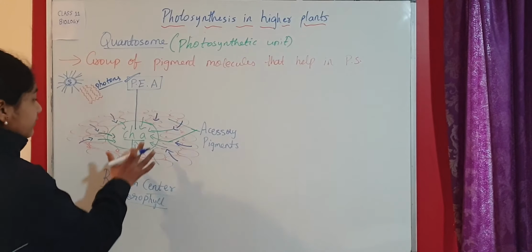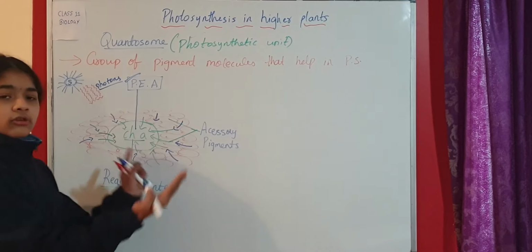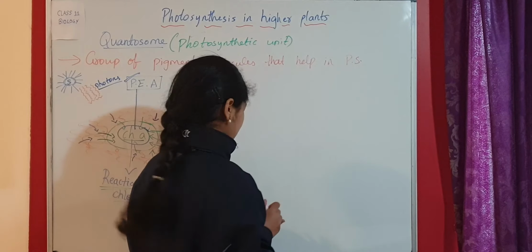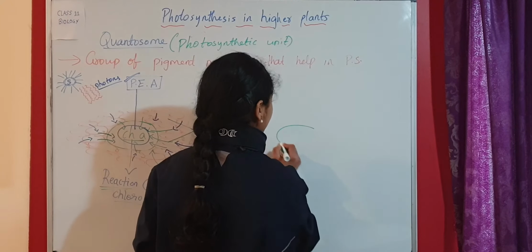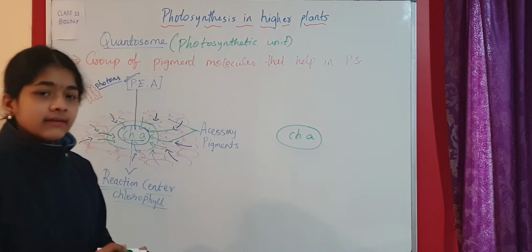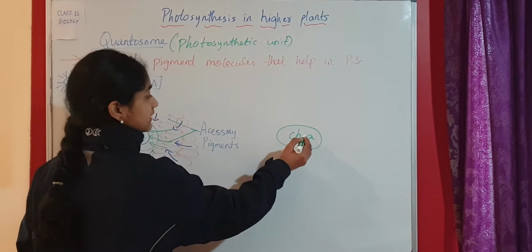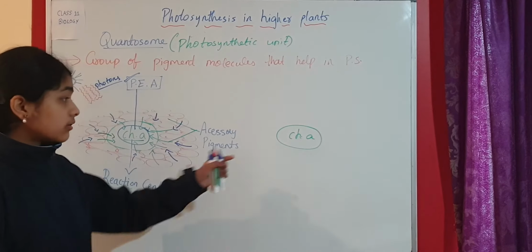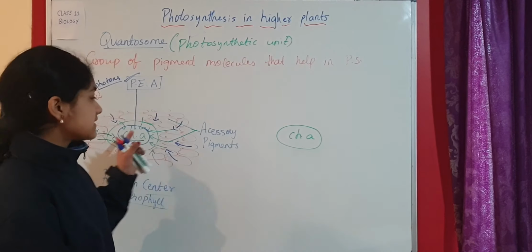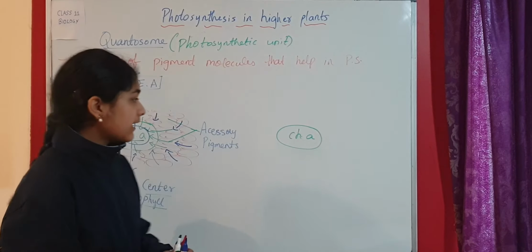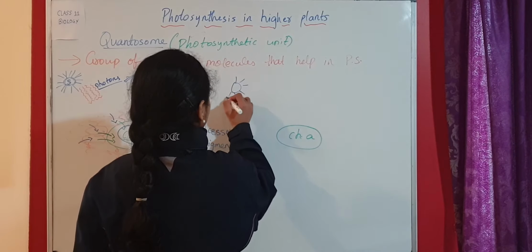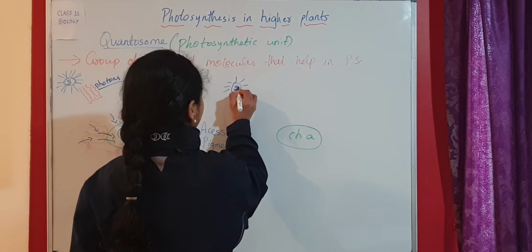Now if we take this chlorophyll A and isolate it, so we have taken this main chlorophyll A and isolated it in a test tube like that. This is a chlorophyll A molecule isolated in a test tube. If you isolate that chlorophyll A, we don't have the accessory pigments because we have just taken it alone. So we have just isolated the chlorophyll A in a test tube and we have this sun here. Again, I'm going to write S to indicate that it is the sun.